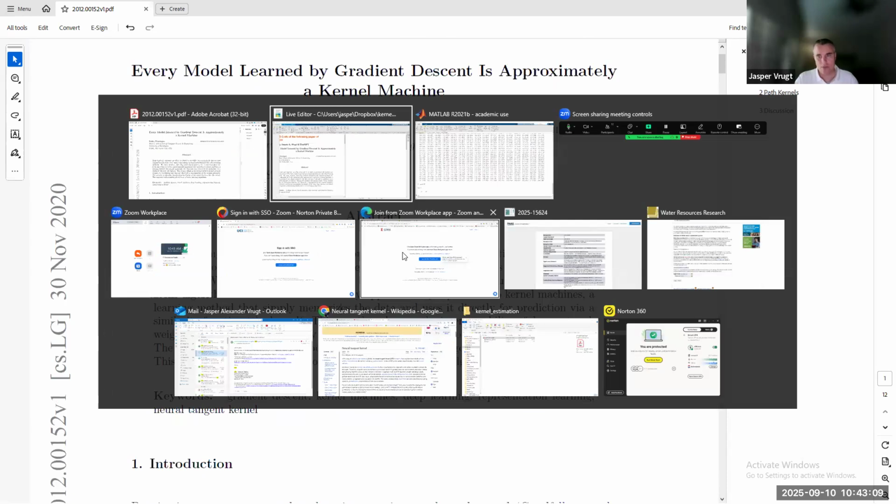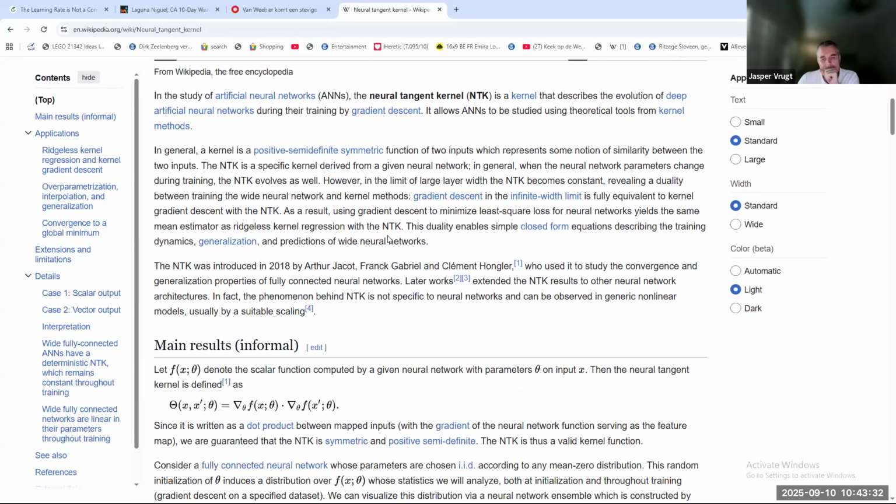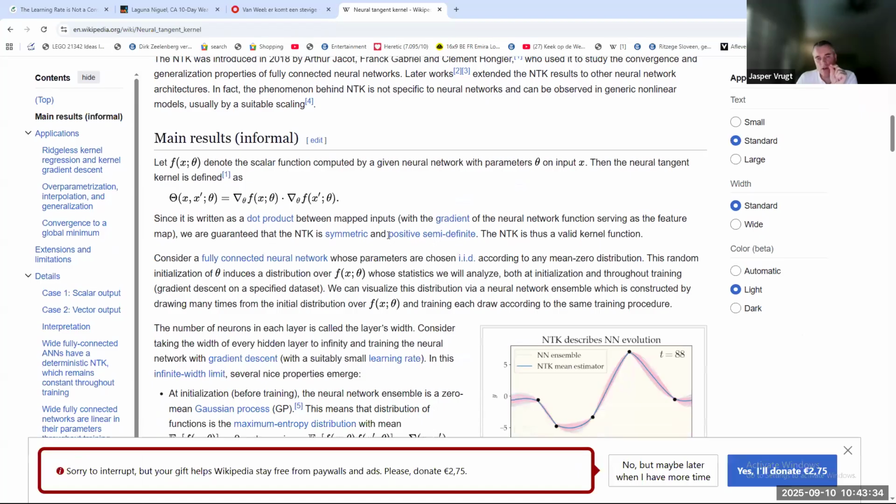And then one more thing, a colleague of mine also said, Jasper, you need to look at the neural tangent kernel. And the author of the paper also refers to this several times, the neural tangent kernel. And he said 2 days ago when we talked about it, you should look at the Wikipedia, because it has a nice summary that gets the main idea. And so I think we talked about this in a different context before, but essentially, as far as I understand,